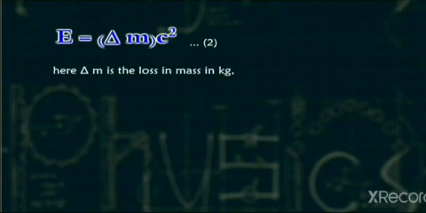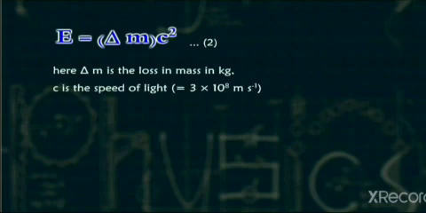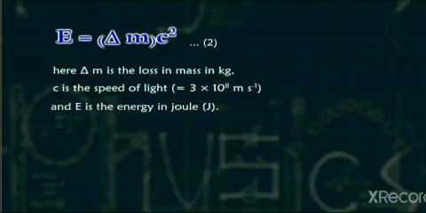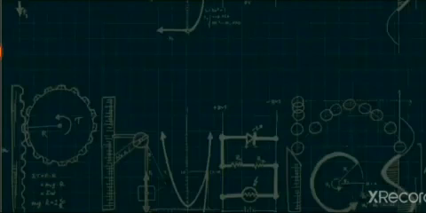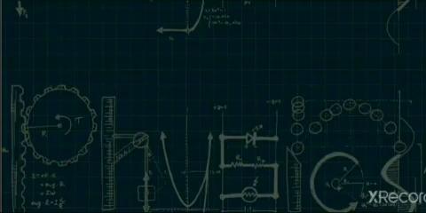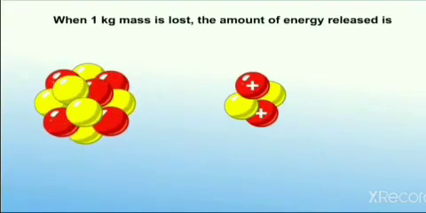Here, Δm is the loss in mass in kg. c is the speed of light, which is equal to 3 × 10^8 meter per second. And E is the energy in joule, J. The energy so obtained is called the nuclear energy. Energy equivalent to mass 1 kg. When 1 kg mass is lost, the amount of energy released is E = Δm c² = 1 × (3 × 10^8)²